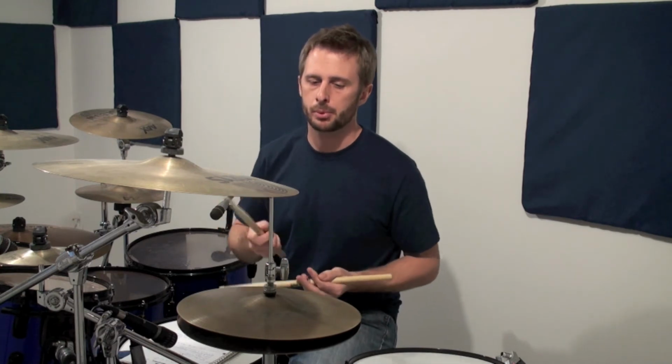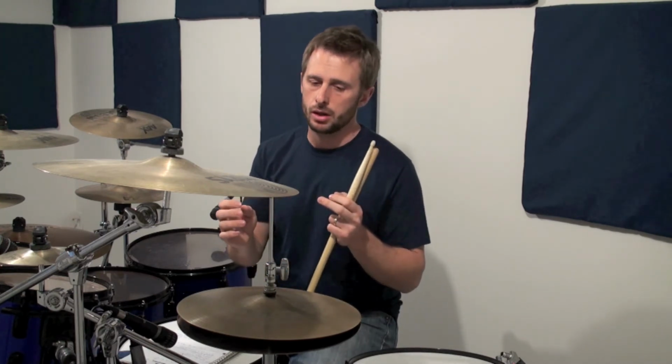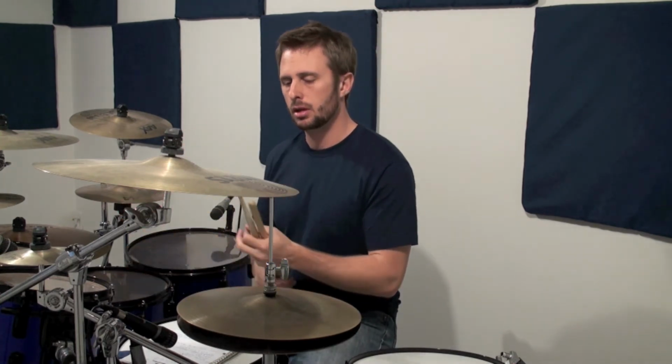So now we're going to be doing the same thing, playing a beat, one beat, and then following it up with a 32nd note quad fill. This one's a little bit easier than the 16th note, believe it or not, because your right hand is already playing the 8th notes. So when you switch to the quads,